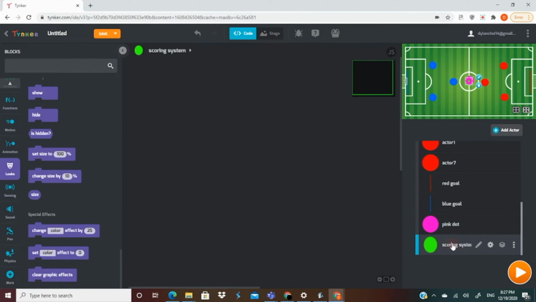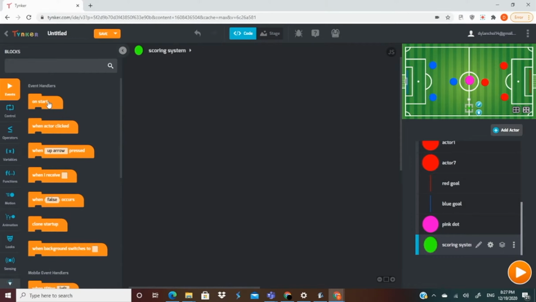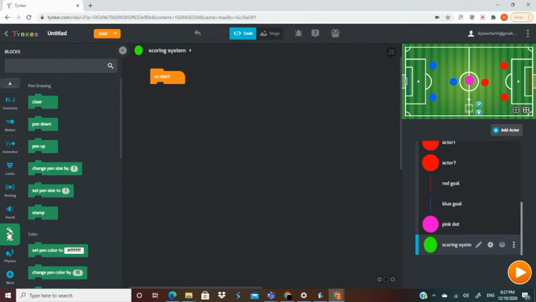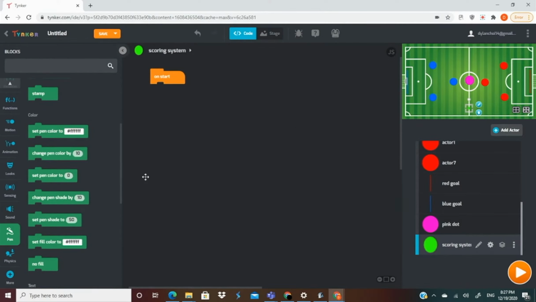Start coding this. And let's drag this down here. Alright. So find the event block section. Find the on start block. Now we want to make sure that the text is visible. So find the pen tab. Let's find the set font to block